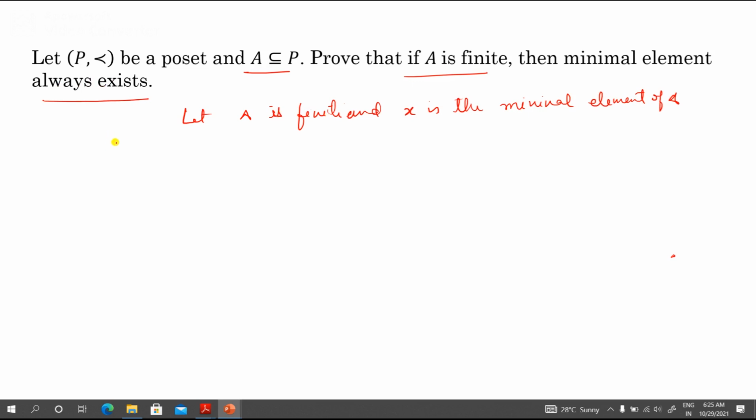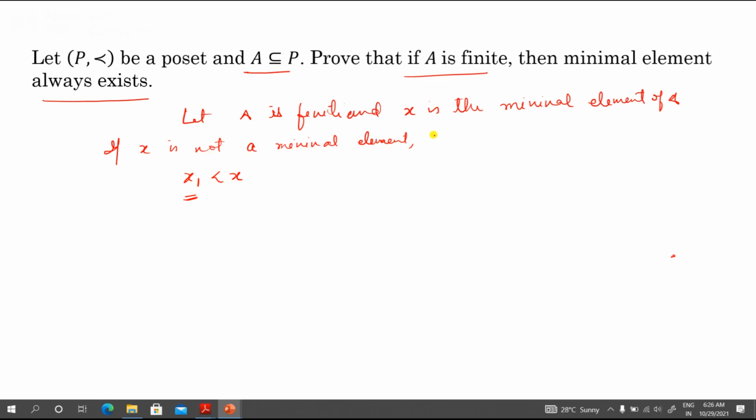Now if X is not a minimal element, it means we can find an element X1 such that X1 precedes X. Because if X is not minimal, we can find X1 in A such that X1 precedes X. Now X1 is the minimal element.